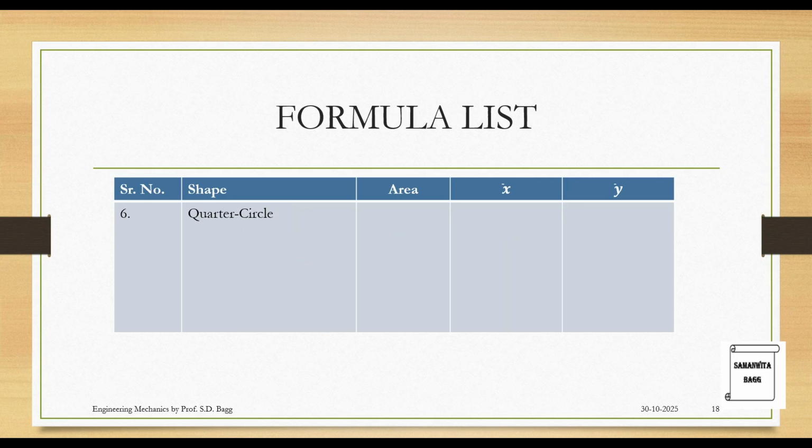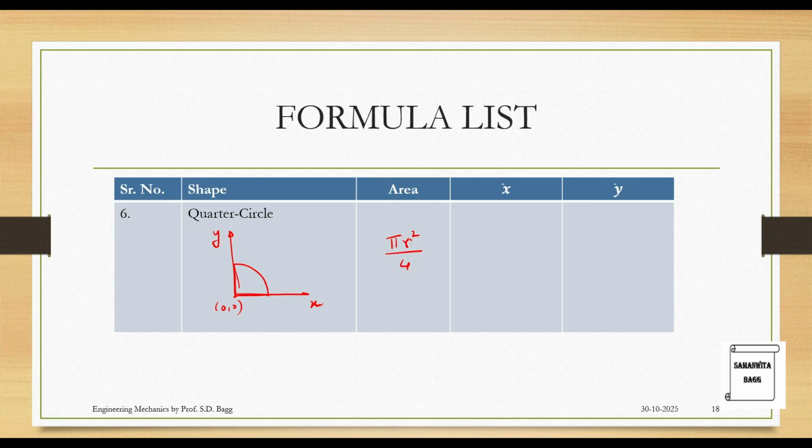So once this is done, we will go for the next shape, which is the last one, which is a quarter circle. So we will start with the two axes. This is x and this is my y. Say this is the first quarter circle that we are taking. So this is the shape. If you observe carefully, this side and this circle. So this point is 0, 0. Now since we are solving for quarter circle, the area will be pi r square by 4. It is 1/4, quarter of a circle.